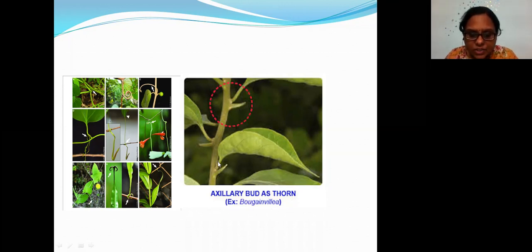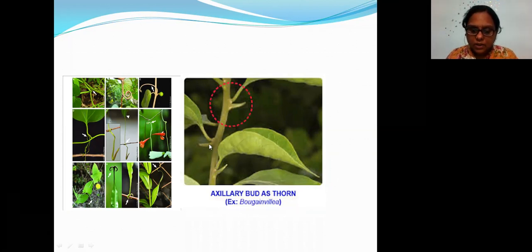This is the stem, and this bud is a modification of the stem, and you can see that it acts as a bud. That's why next to that you can see a leaf has come out. Sometimes leaves come out, sometimes flowers grow at the axillary bud, sometimes other modifications come in the bud. So these are called the axillary buds.